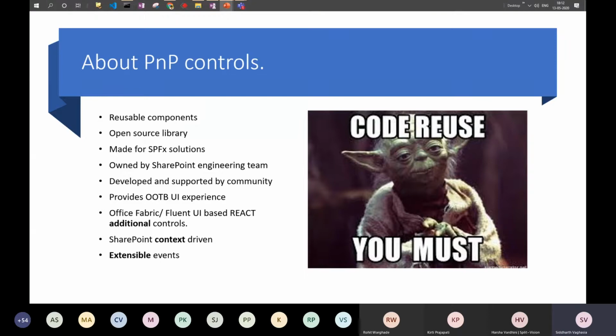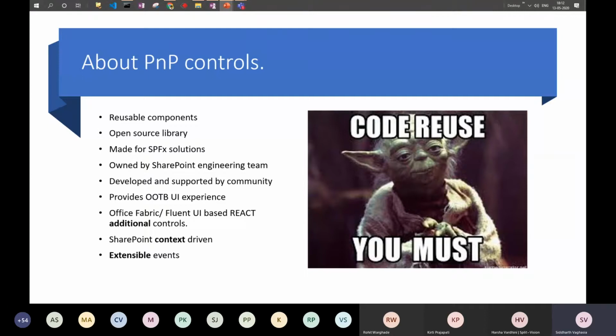So we don't need to take care of getting the data and then appending it to the controls. Not all the controls are SharePoint context driven, but some are, and they can be used directly without writing our own code to get data from SharePoint.